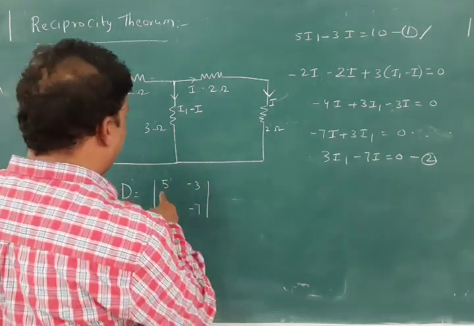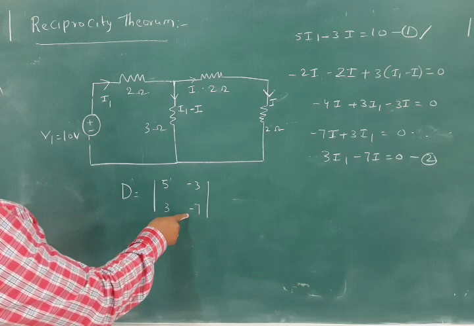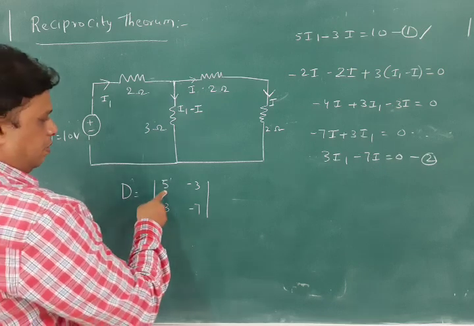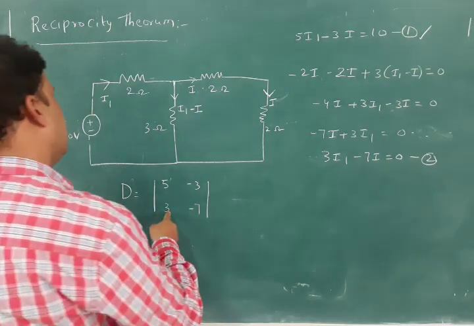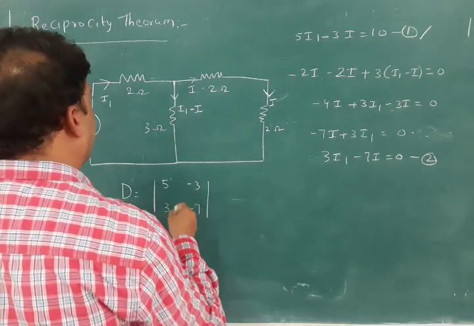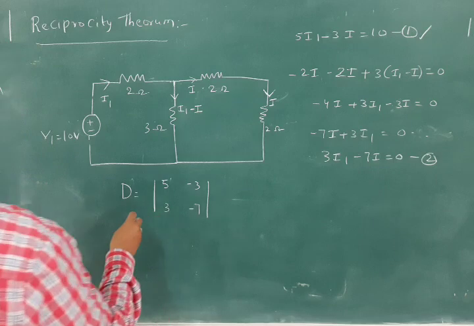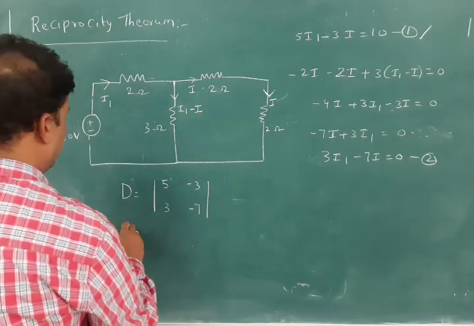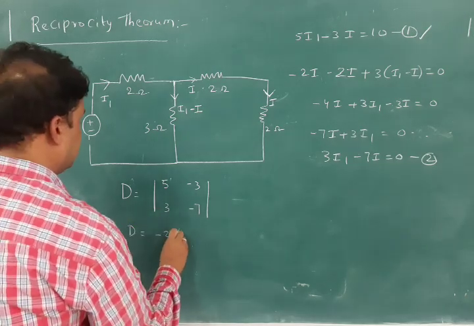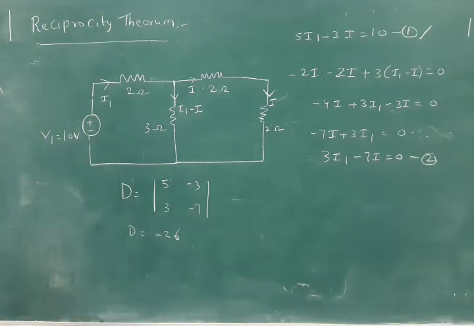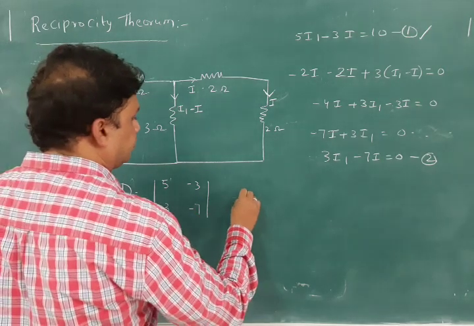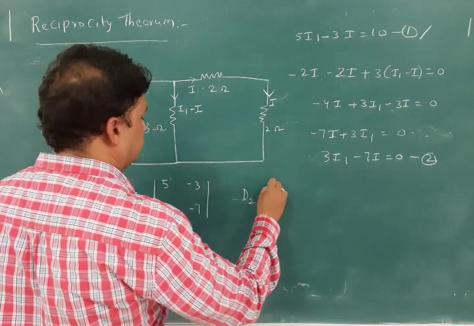The determinant is nothing but AD minus BC: 5 times 7 is 35, and here 6. So we will get the value minus 26. D is equal to minus 26, the determinant value. And then we will go for D2. What is D2 here? We will write D2 is equal to